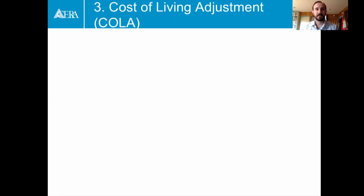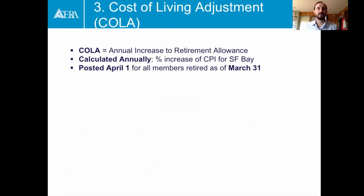Okay, so number 3, cost of living adjustment increase. This is an annual increase that all retirees get to their retirement allowances. It's posted on April 1st of every year. So everyone who's in retired status as of April 1st gets it, which means